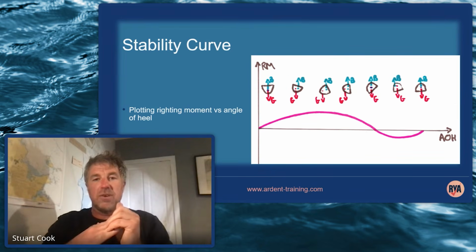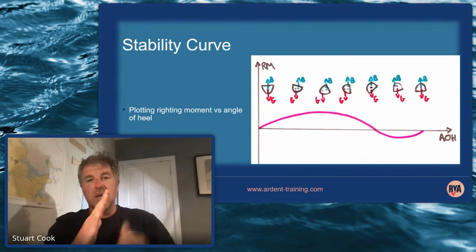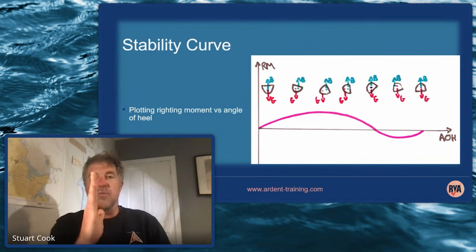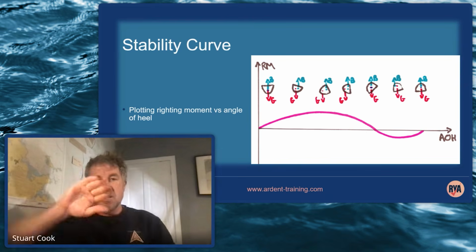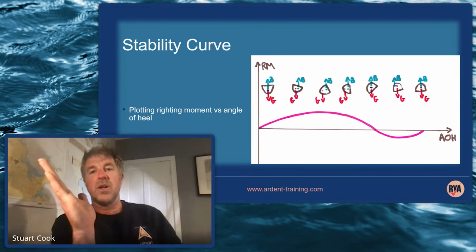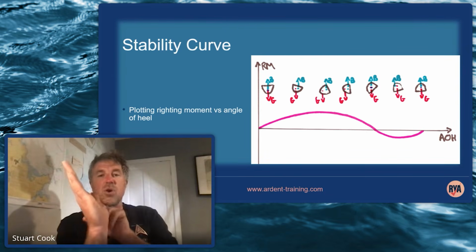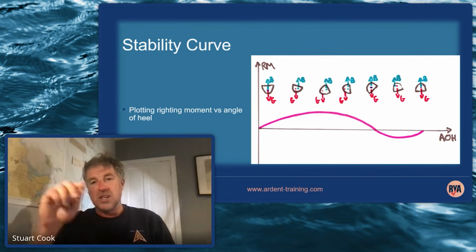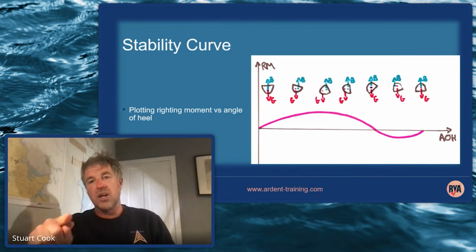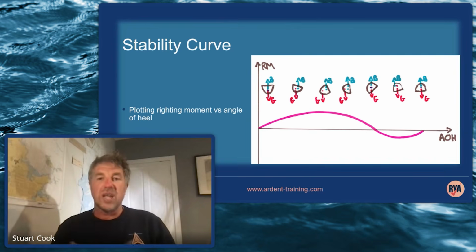As soon as there's a little bit of heel, the righting moment increases, and it keeps increasing until there's even more heel and the righting moment becomes its maximum. As the vessel keeps heeling, the buoyancy force comes back towards gravity, and so the righting moment decreases until, as you can see, the pink line goes back through the angle of heel axis,